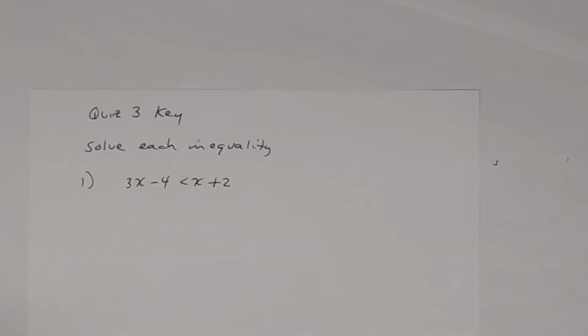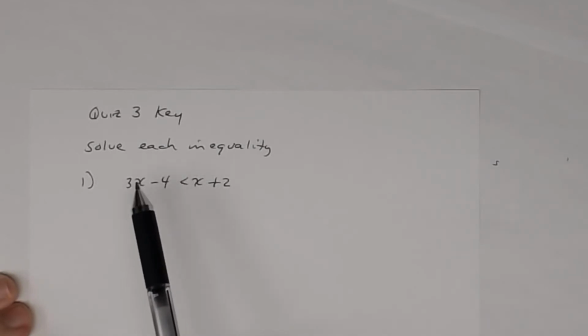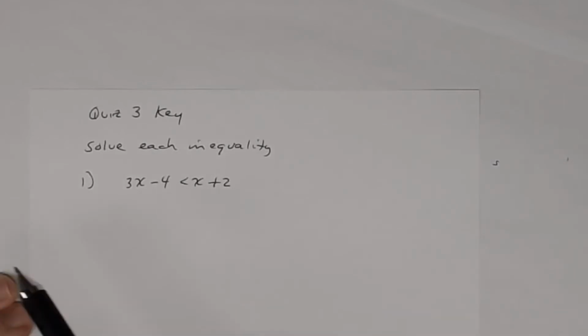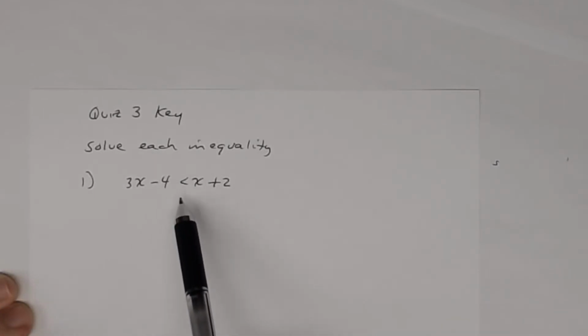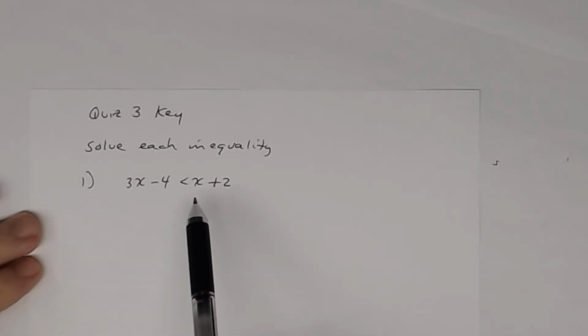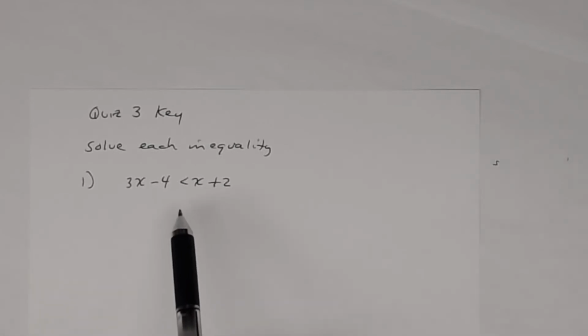This is a key to quiz number 3, and on quiz 3 you are asked to solve two linear inequalities. So here's the first one: 3x minus 4 is less than x plus 2. You're going to solve a linear inequality just like you would a linear equation, except remember with a linear inequality, if you multiply or divide both sides of an inequality, you have to reverse